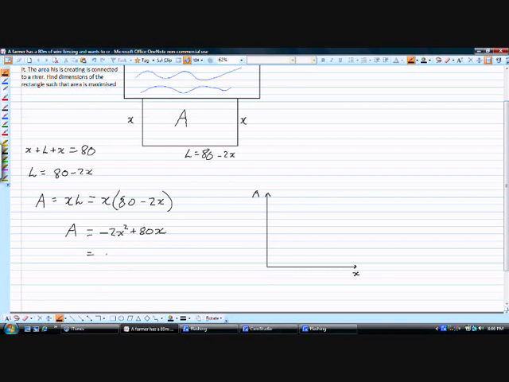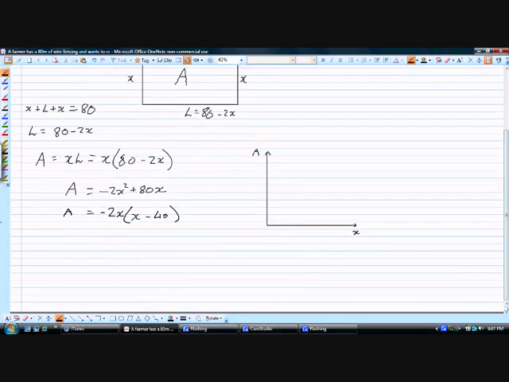First of all, we're going to factorize. A is going to be minus 2x times x minus 40. All I've done is I've factored out a minus 2x, and you can check that I'm right too. If you were to times this out, you'd get the same answer. That'll be minus 2x squared plus 80x. Right? So that's A. As a result, we can now graph this thing if we wanted to. Well, how about we try and find the